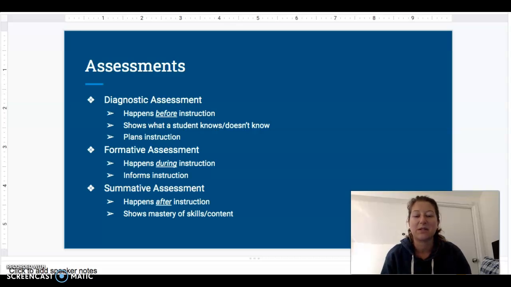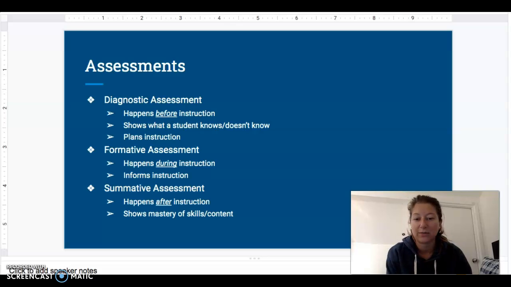The next type of assessment is a formative assessment, and this is what informs your instruction while you are teaching your students throughout a week, throughout the month, and throughout your trimester and even your year. So this happens during your instruction. This could be simple checks for understanding during your lesson. This could be maybe probes that you give your students each week. This might be some of your progress monitoring you're doing throughout the year, throughout the semester. And this just allows you to continue to check in to see how your students are performing, what they're mastering, what they understand, and what they still need to work on, as well as what you need to maybe change